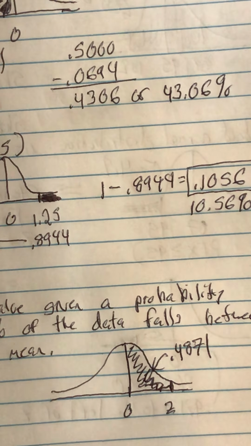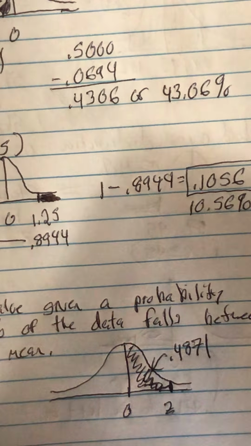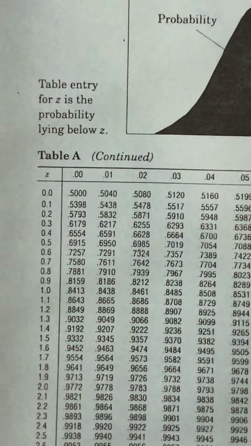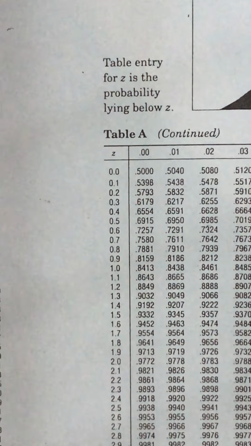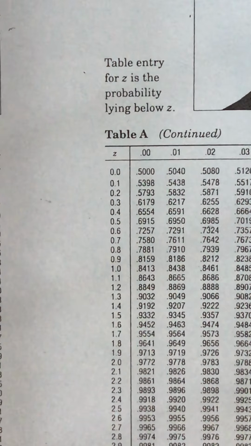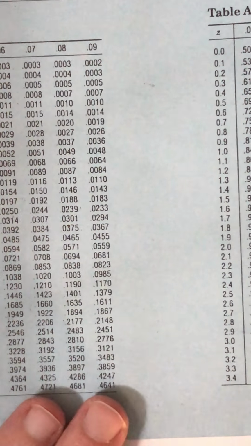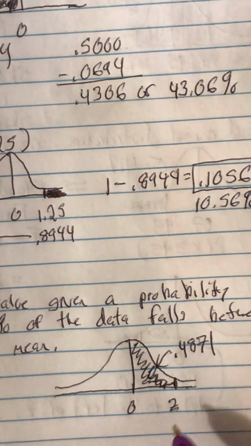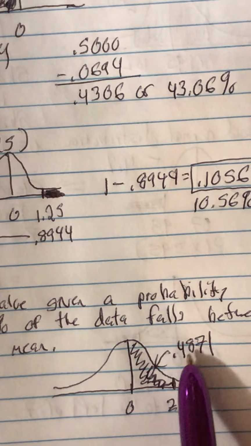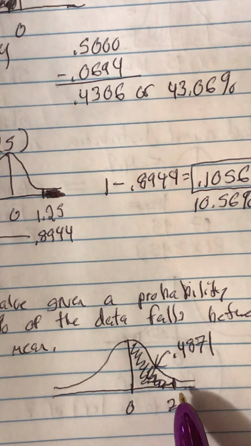What does that mean? Remember, I'm looking for a z-score, but I have the area now, or I have the probability. So once again, I go back to my blue chart, and I look for 0.4871. But if I do that on my blue chart, what happens? I'm going to end up somewhere in the negative zone, and I don't want to necessarily be in a negative zone. Keep in mind that this 0.4871 represents everything between z and 0, but everything to the left of z